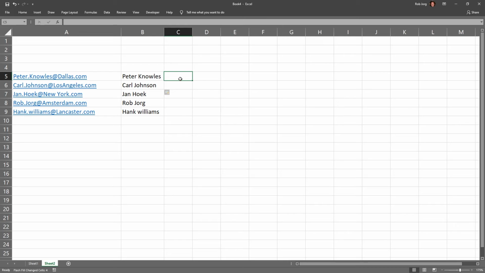Autofill needs at least 2 things to set up a pattern. Let's say month, January, and then you do February, and you see it doesn't flash fill, but as soon as you select both and start dragging it down, it autofills.